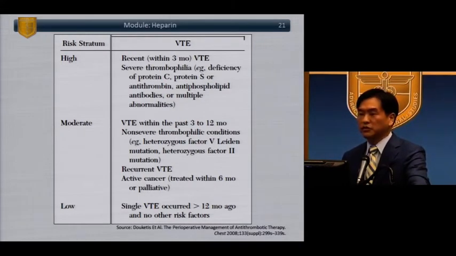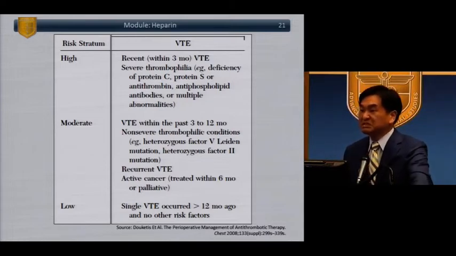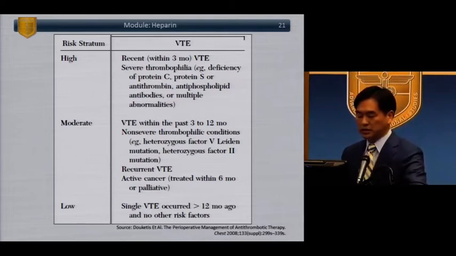For venous thromboembolic events, when I was growing up, the magic number here was 6 months. It was greater than 6 months, less than 6 months was a cutoff. But now it's going to events within 3 to 12 months. So definitely you're going to bridge people who've had a DVT 3 months ago. Okay, within 3 to 12 months, then you can use your judgment, and if the event was greater than 12 months ago, then you definitely can go to your routine